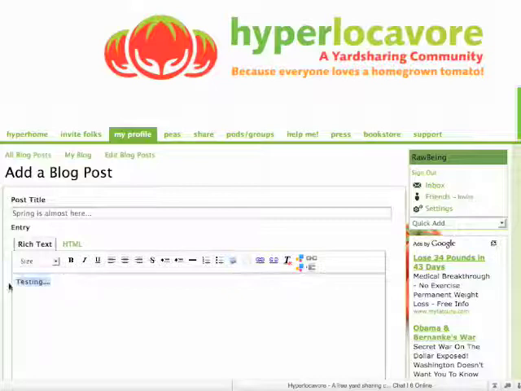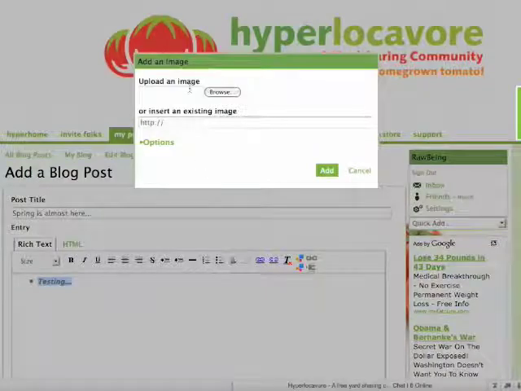You can italicize. These are just as they are with your word processor. Bullet points are often nice to have. And your links. So let's say you want to link to something. You would just use this feature here. You can also add in photos, which is pretty easy. Just go like that, and you can upload an image from your machine or go to an image that you already have the link for,